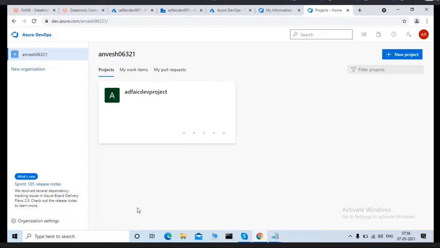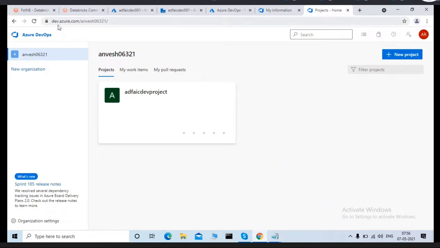This is not our work, especially in real time. The Azure DevOps team will take care of the settings and everything. This is the Azure DevOps admin's responsibility. But especially in your free subscription,